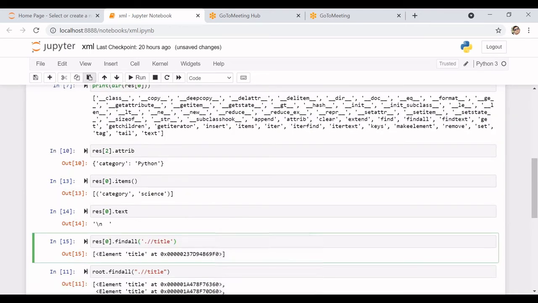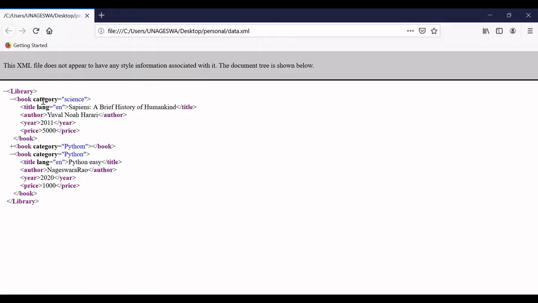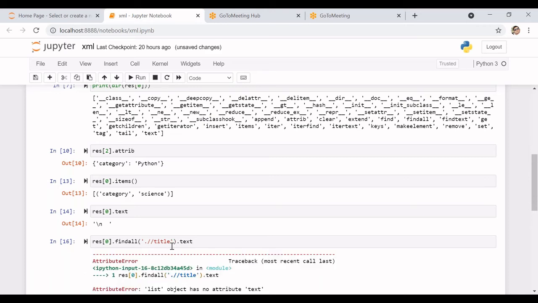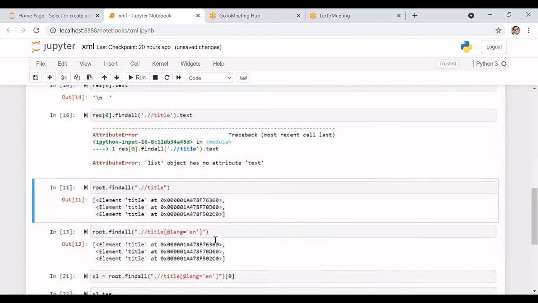So you can see that under the book category, I had the sub element, which is nothing but the title. For the title, I had the text. So if you want the text, simply I can give dot text at the end.